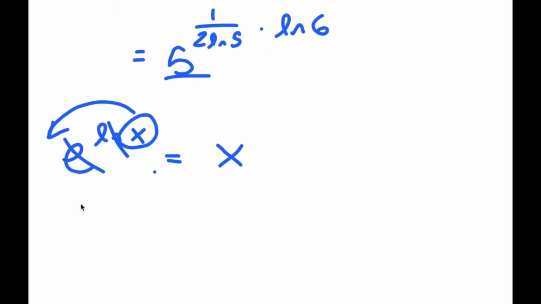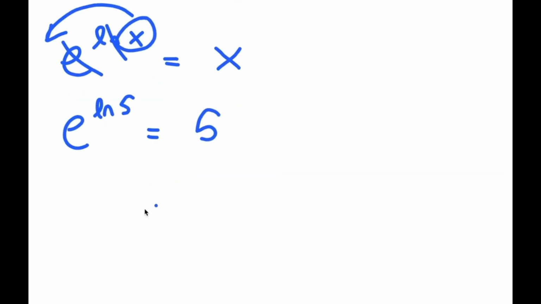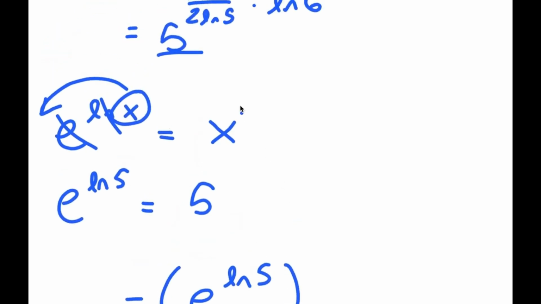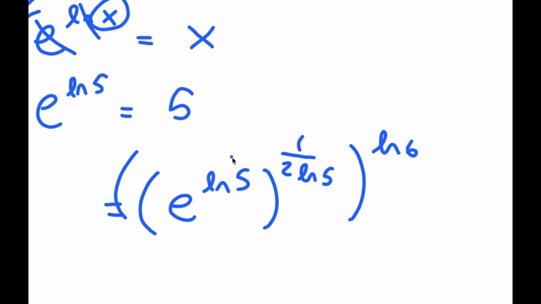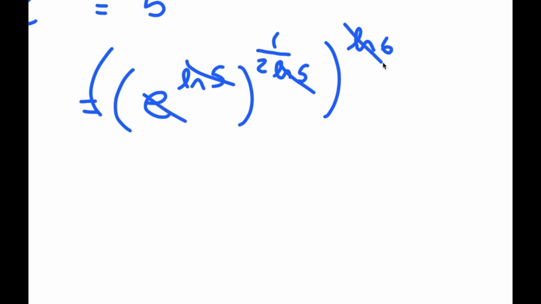So if I have something in the form e to the ln 5, this means that this is equal to 5. So I'm going to rewrite 5 here as e to the power of ln 5. So now I have e to the power of ln 5, to the power of 1 over 2 times ln 5, to the power of ln 6. Now these two cancel out, and the e and the ln cancel out. So I'm left with